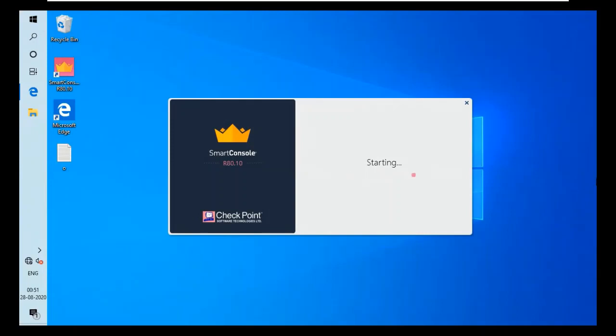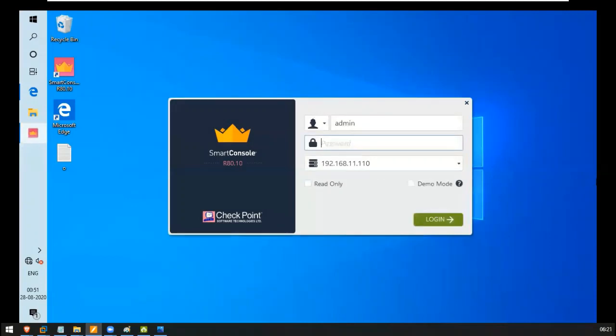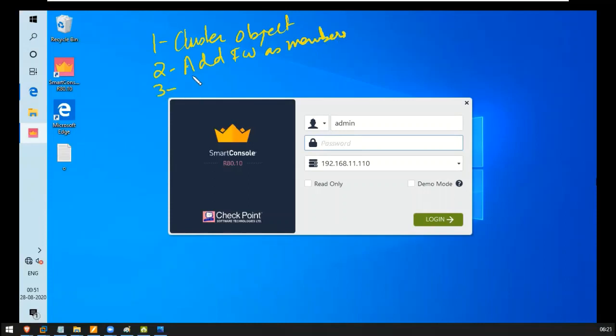In the meantime, let's discuss what we are going to do. First, we are going to create a cluster object, and in our cluster object we will add these firewalls as members. We will pull the interfaces and set the virtual IP.